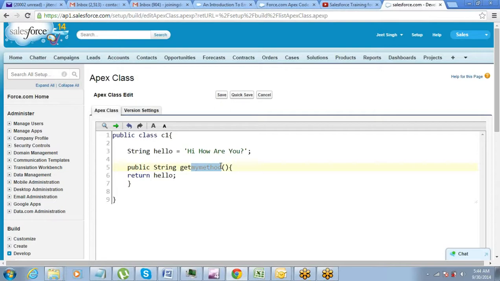All right. So I have to go and call this method name on my Visualforce page. But before I call this, I have to call this class as a controller on the Visualforce page. That's it. So once you call it as a controller, then on that Visualforce page, you can use any of the methods which have been defined within your class. All right. So it's that simple.